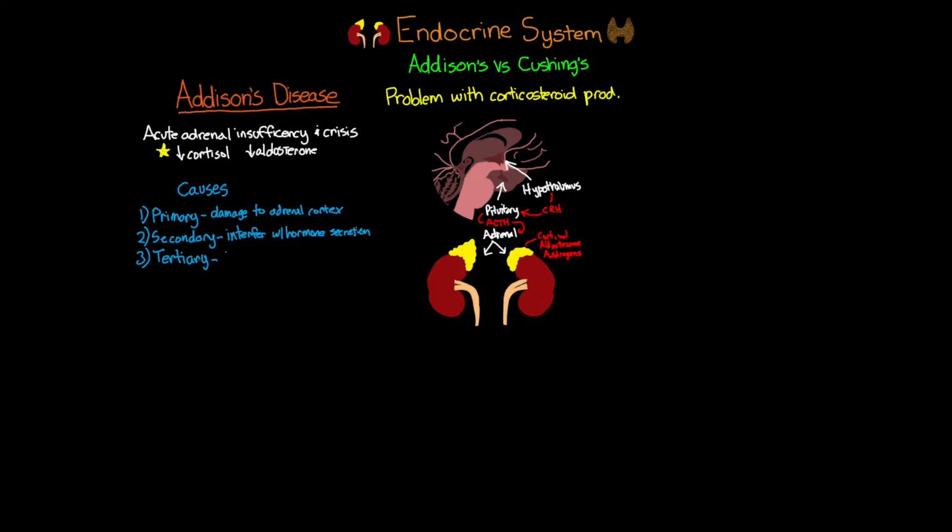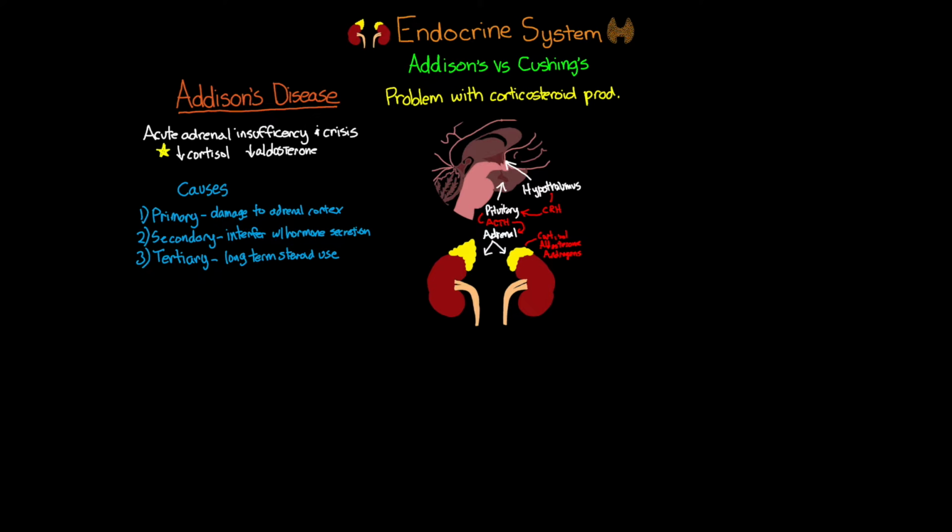This is really going to be the result of long-term steroid use. What happens here is we have a failure of the adrenal gland to resume production of cortisol as a result. All right, so knowing that we have these different types of causes that are ultimately going to lead to a problem producing the corticosteroids from the adrenal cortex,